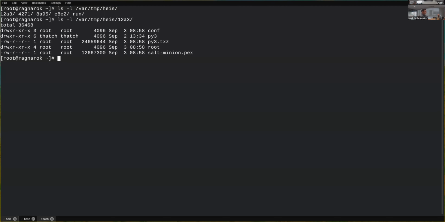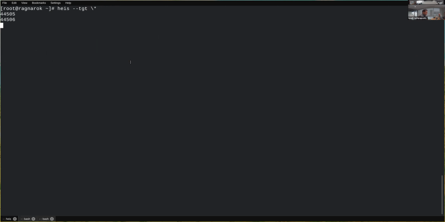Do we want to cache them to speed up reconnections, et cetera? All right. Now that everything is set up, you've probably noticed we haven't run any salt commands yet. We've just got this little Heis guy hanging out here with some print statements I've got to clean up and some logs I need to add.